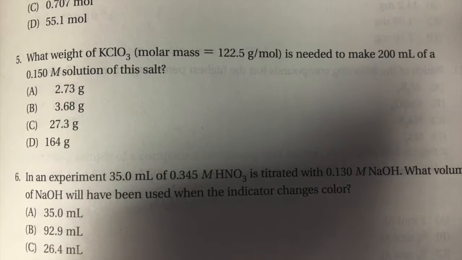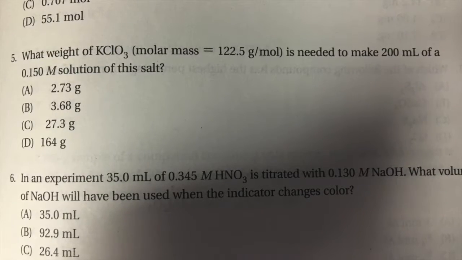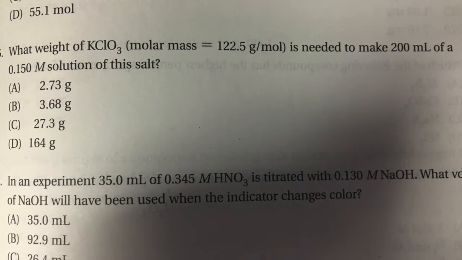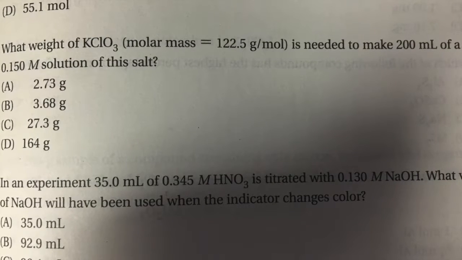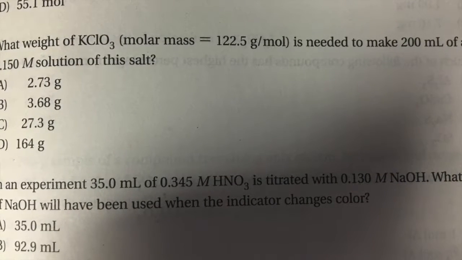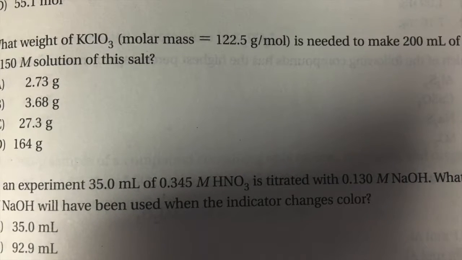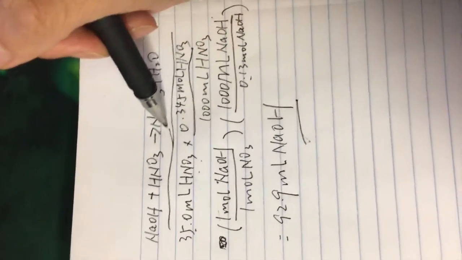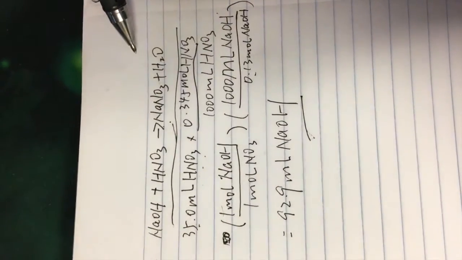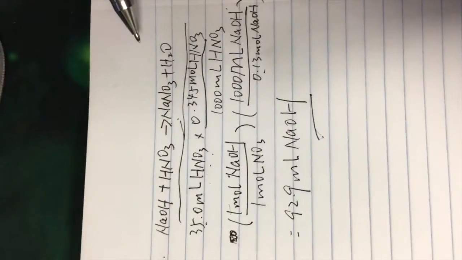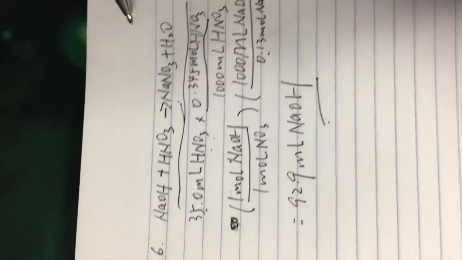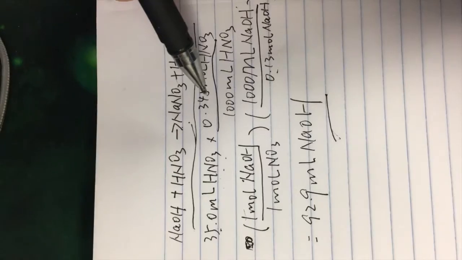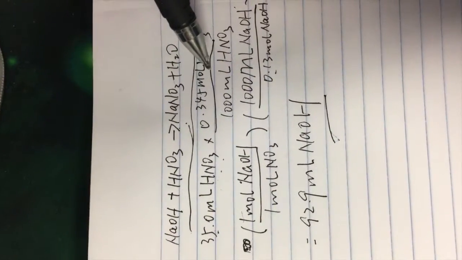The first question is to find the volume of NaOH that will have been used when the indicator changes color. So let me do this. First we need to know the reaction, and then we need to use the volume of the HNO3 to time the